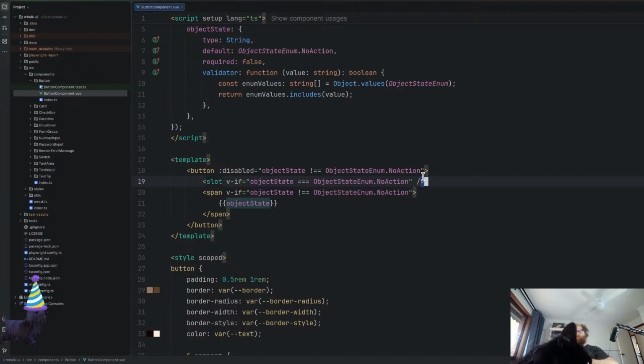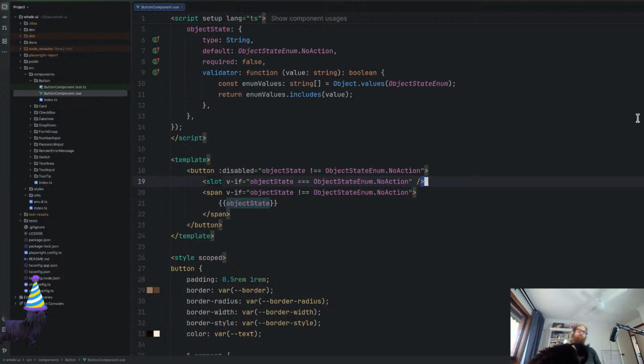So I will probably strip this object state enum out of here, and then I don't know what to do with it is disabled. So yeah,